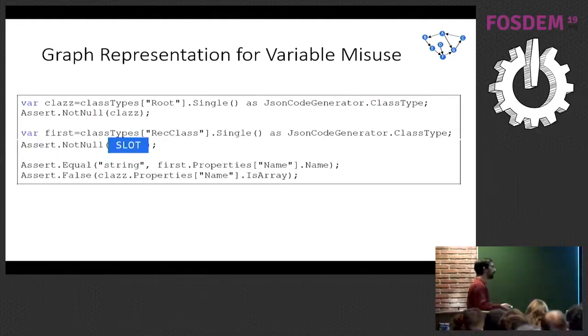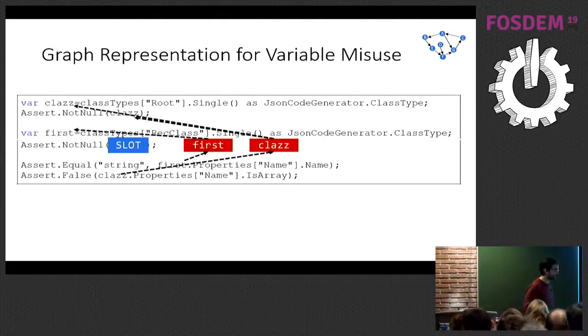And we're going to create extra edges. We're going to have these candidate symbols, as we call them. So for everything that is going to be in scope and type correct within the slot location, we're going to connect it back to the rest of the graph. We're going to create one node. So in this case, we have two things, first and class.